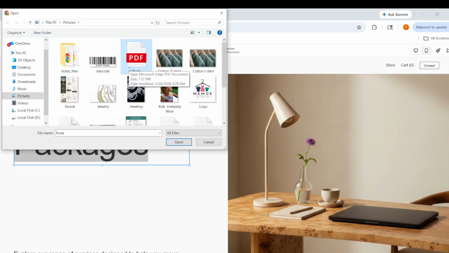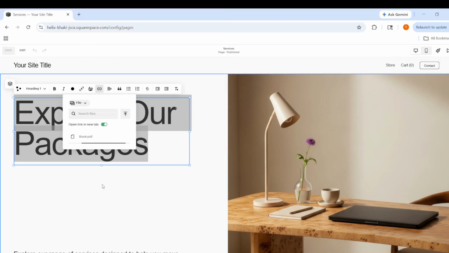Once the file is selected and the check mark is visible, click Save. This stores the file link inside the link settings. After that, click Apply to attach the file link to your highlighted text in the text block. At this point, your text is now connected to the uploaded file and visitors will be able to click it